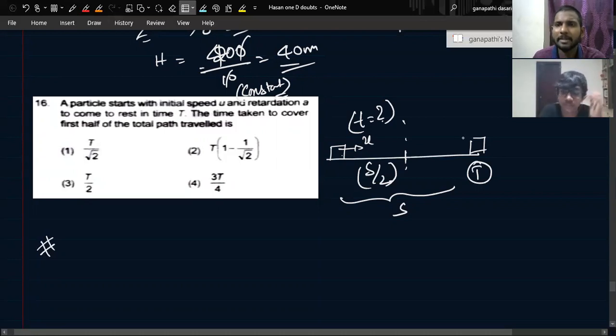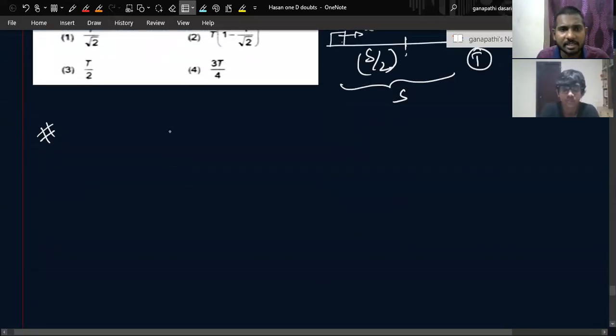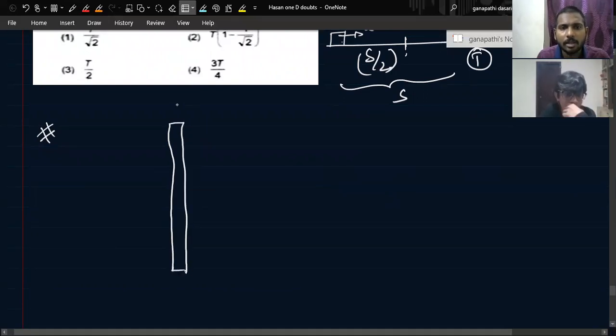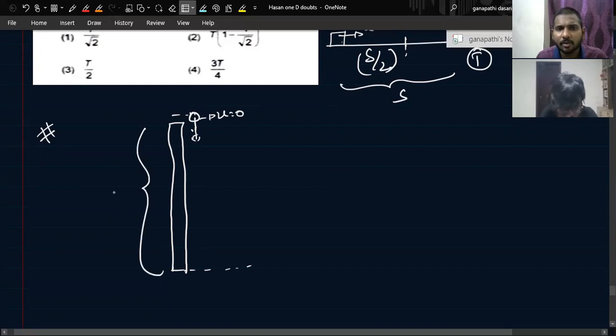But still, I will try to replicate this question into something familiar to me. Why? We have seen these conditions. Suppose I just drop a ball, its initial velocity u is equal to 0, isn't it? Then slowly it accelerates and comes to this point. I consider this as h. The velocity v is nothing but v is equal to root 2gh.